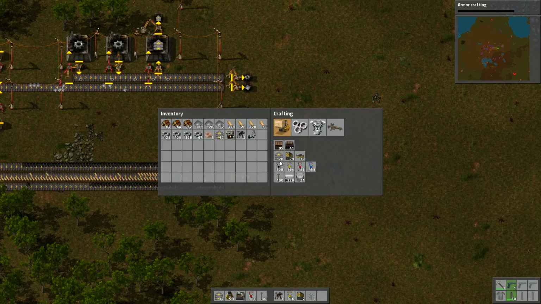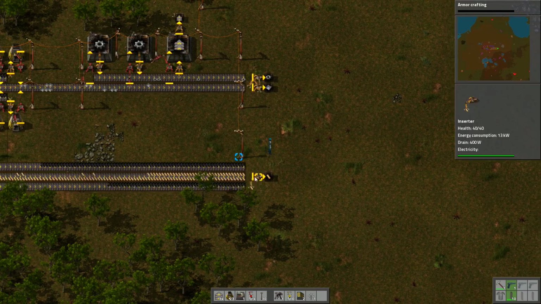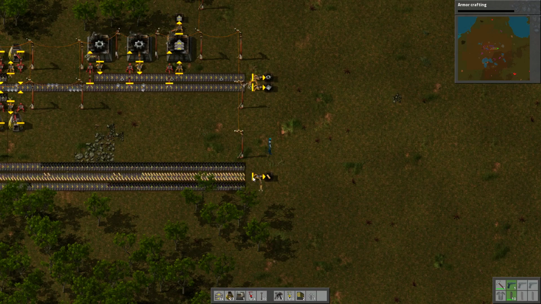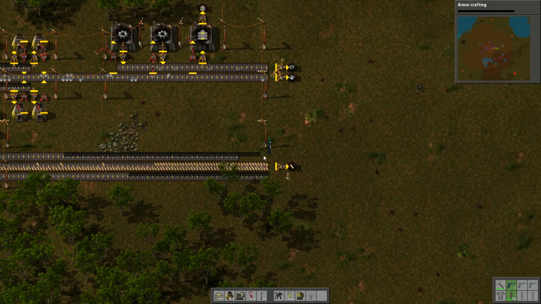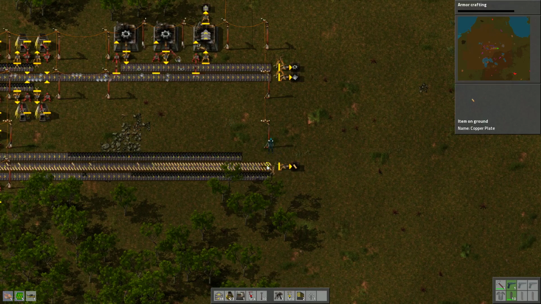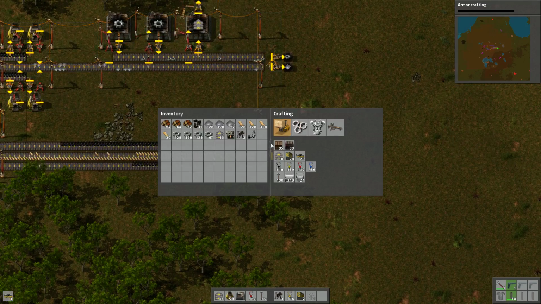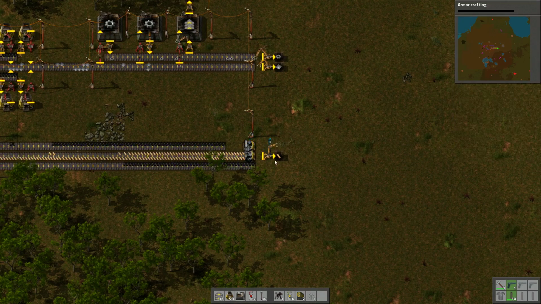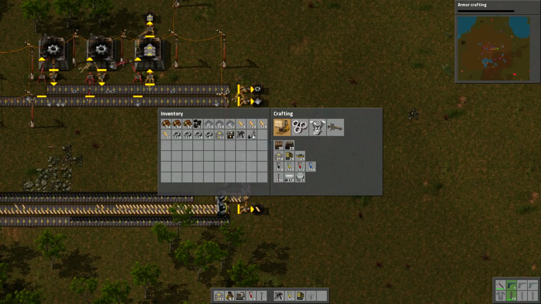Okay, so let us make some red science packs in an assembler. I think what I want to do is plop down a splitter. We'll take some of the copper bars and we'll use them for that, but not all. So he can pick up half of them now. The other half, I want to merge with the